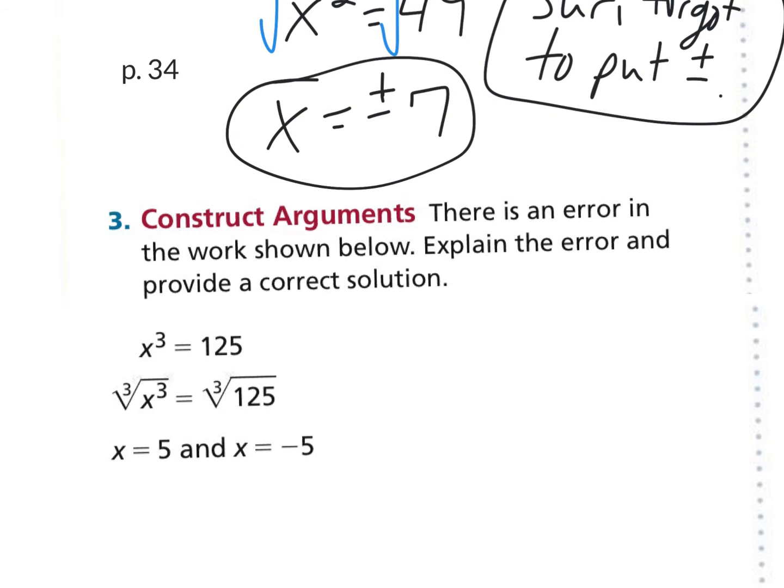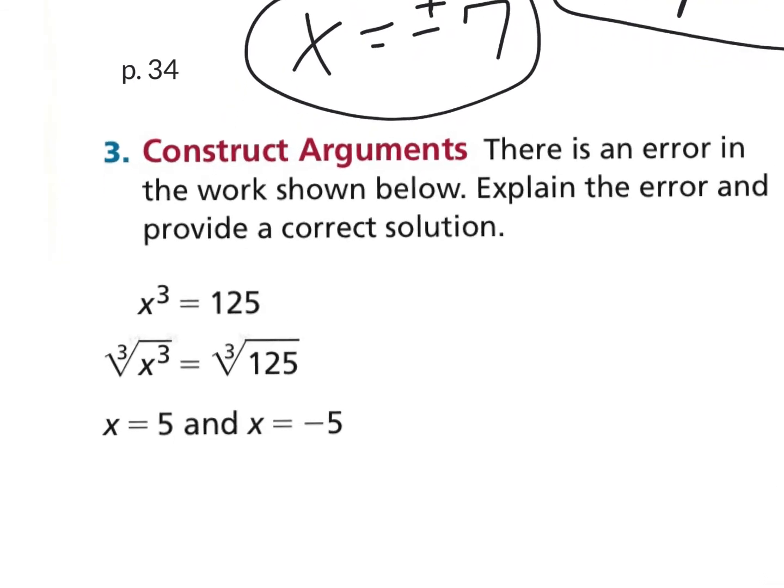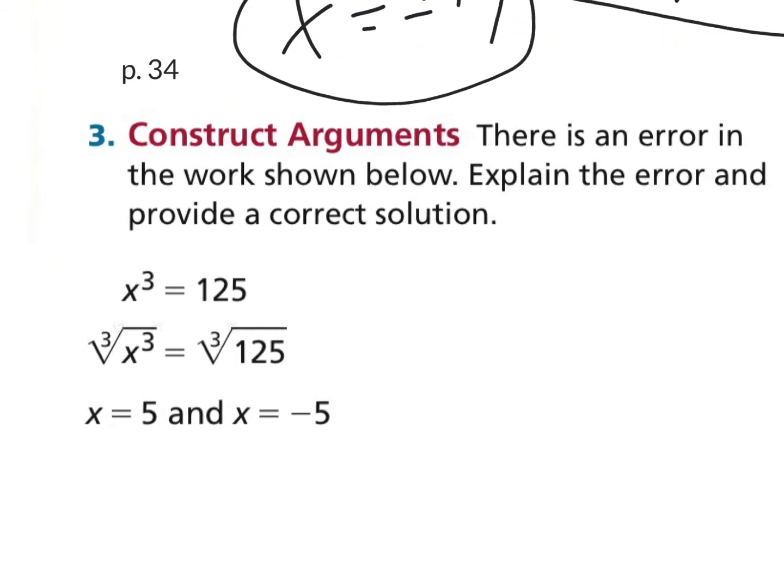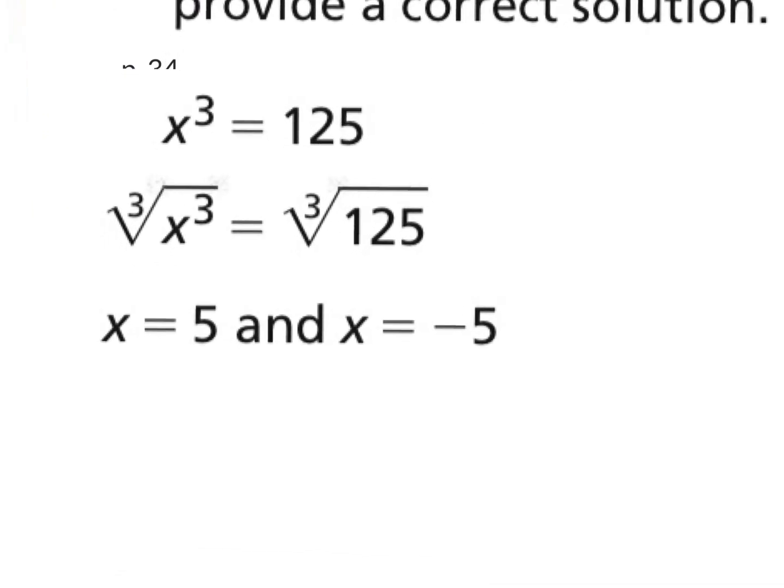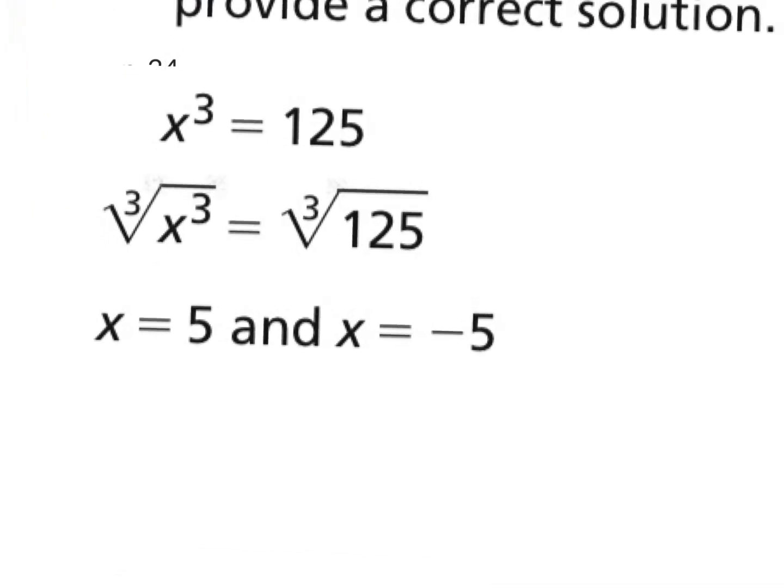Number 3, there is an error in the work shown below. Explain the error and provide a correct solution. So the variable was being cubed. They took the cube root. Cube root of 125 is 5, but then if you look at their answers, they said x equals 5 and x equals negative 5. So the problem with that is that